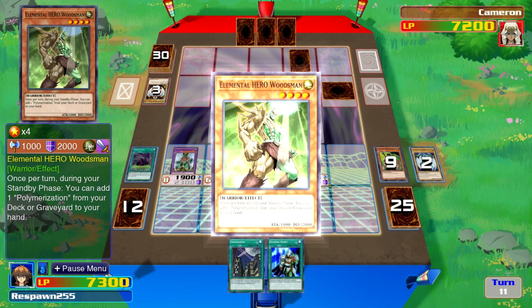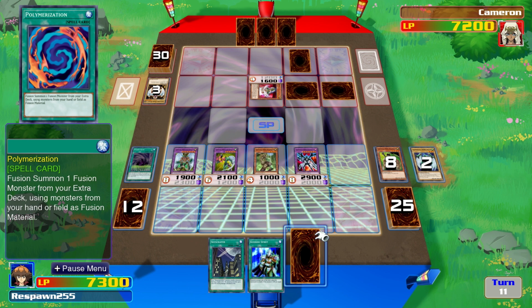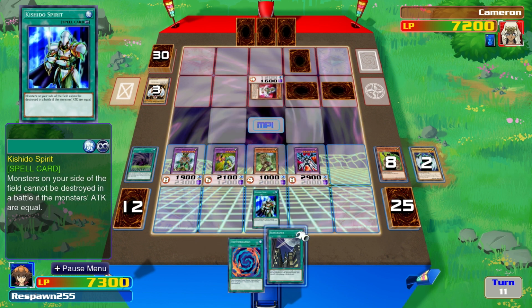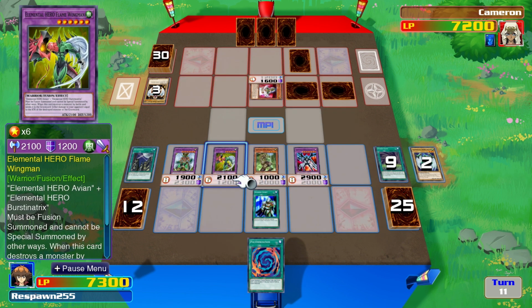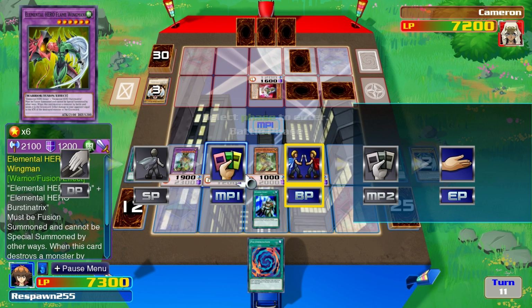There's Elemental Hero Woodsman's effect. Jaden can bring back a Polymerization. He's got Kishido Spirit there as well, which is also a good card. If you tie attack, your monster is safe. And, oh, there we go. He's got rid of Fusion Gate and he's gone for Skyscraper. And Skyscraper is...